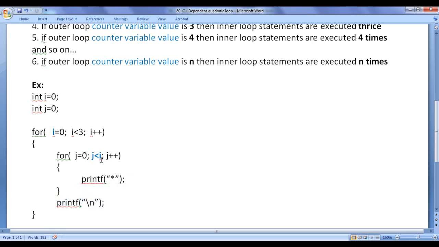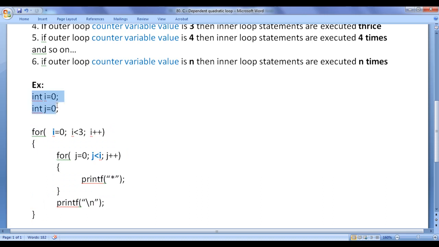You can see that I am using the outer loop counter variable inside the inner for loop here, right? So inner for loop execution depends upon the outer for loop counter variable value, guys.